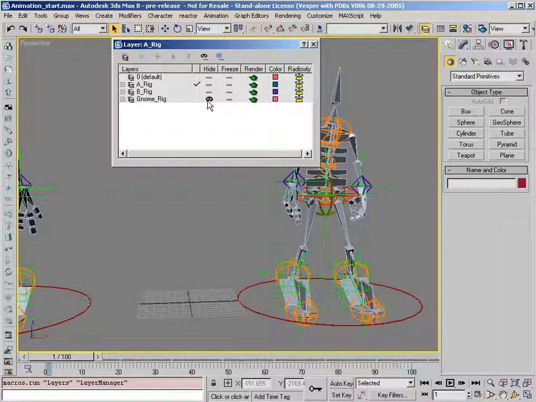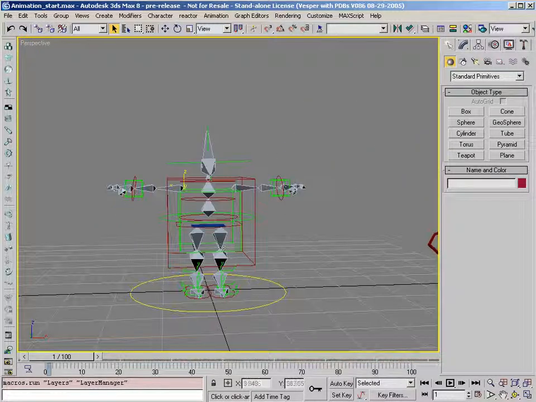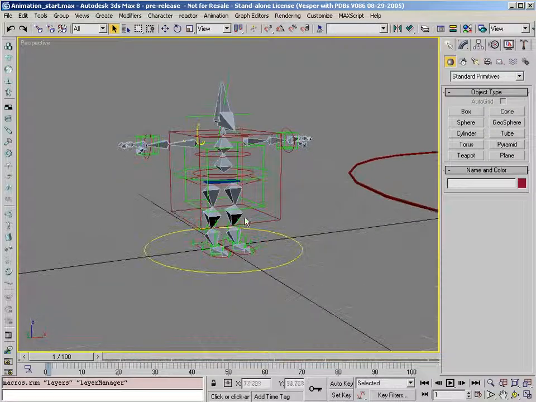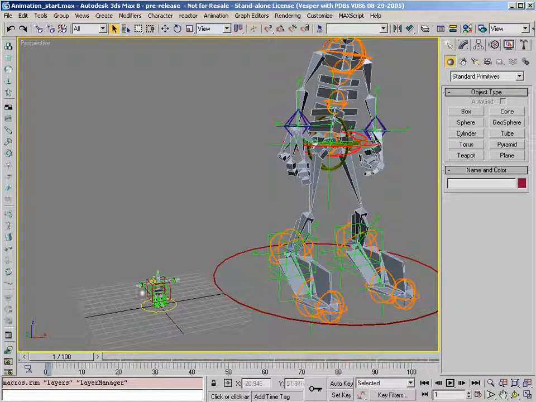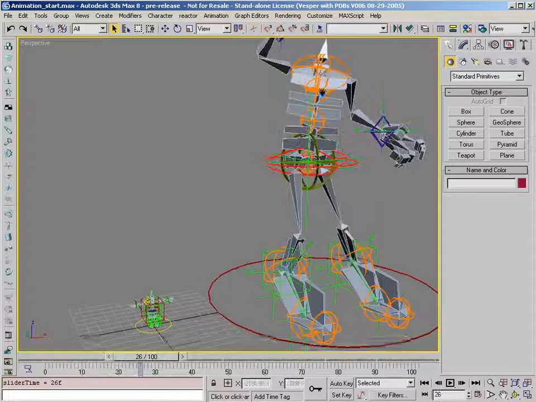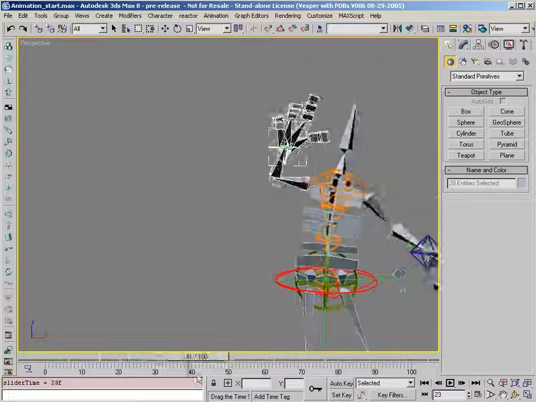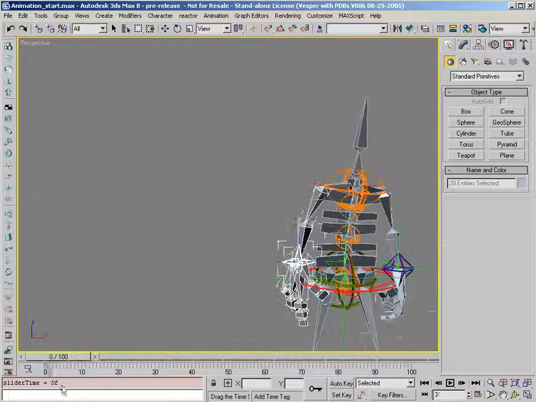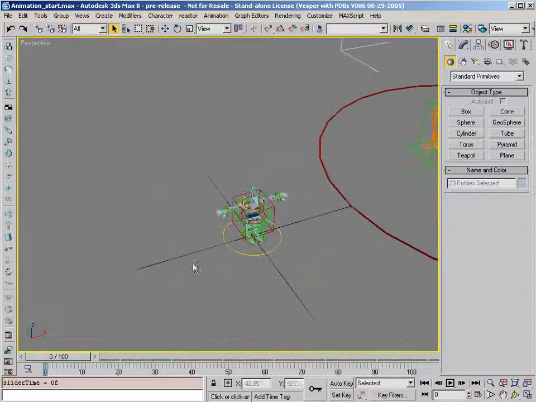If you click on the Layers dialog, you can unhide the layer called Gnome Rig. This layer has a very small character, which is the gnome character we've been working with. What we're going to do is take part of the animation from the big character and transform it onto the small character. In this case, we're going to use the arm animation only. So we're going to take all of the animation on the arm chain and transform it onto the small character